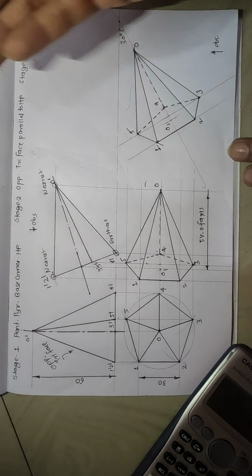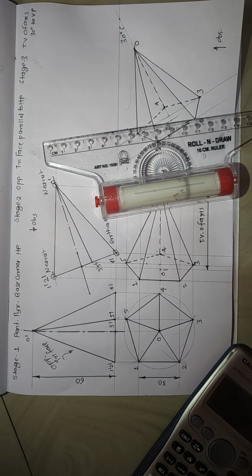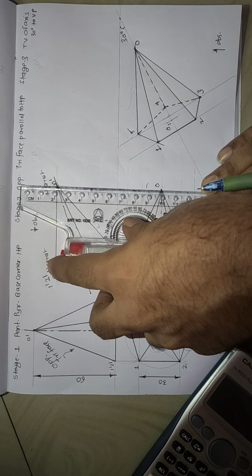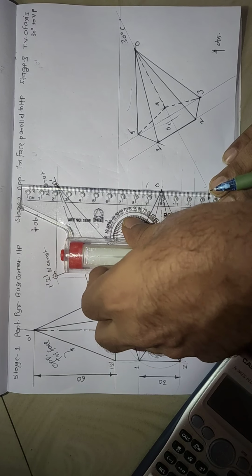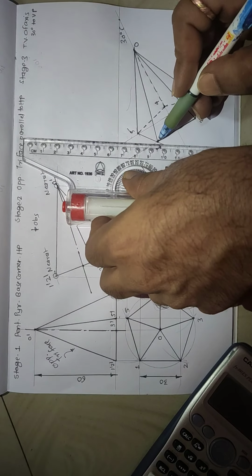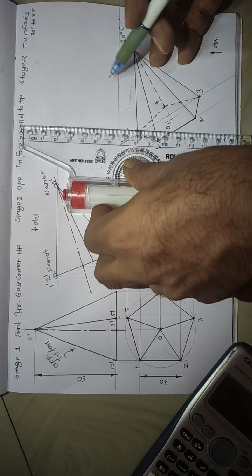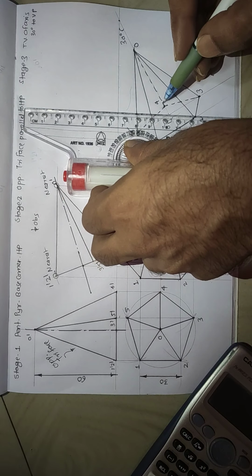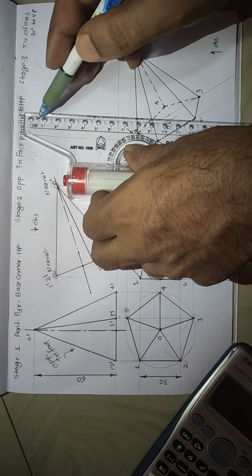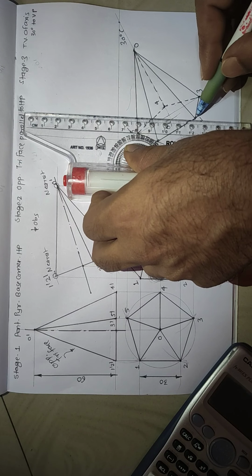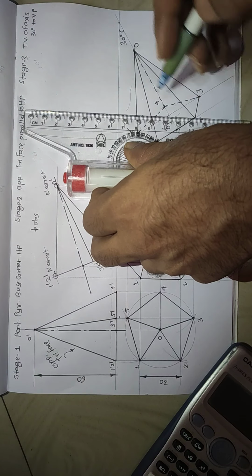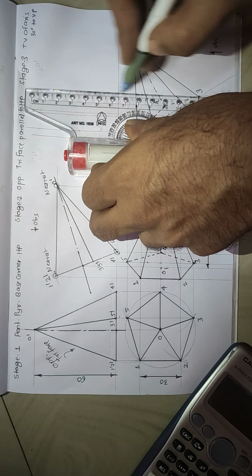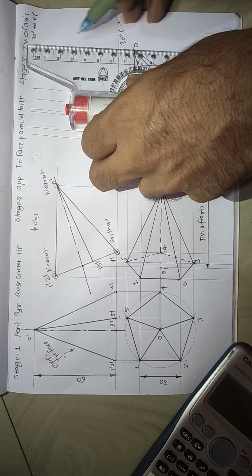Now I will transfer all these points so that I can complete my remaining part, that is the front view of the diagram. So for that I will just take projection of all these 6 points. See, first of all I will transfer this point. This is point 1. Then I will transfer this point 5. This is a projection for center, that is axis. This is a projection for point 2, projection for 4, projection for 3, and this is a projection for point O.